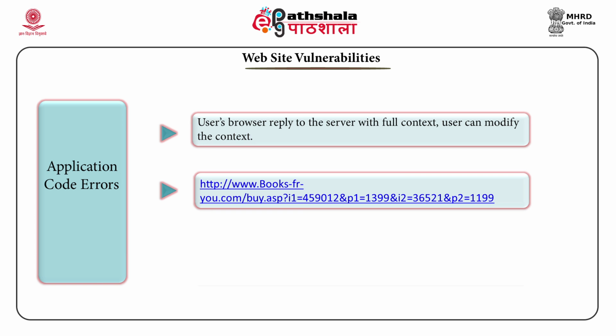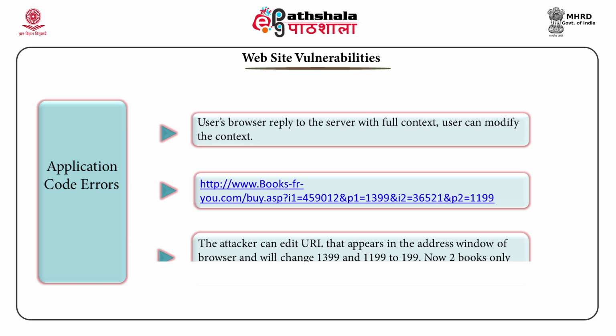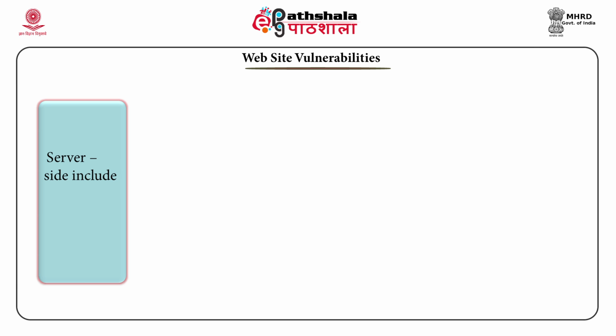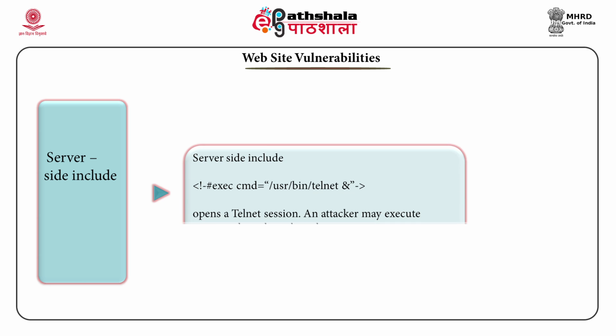What an attacker will do, for the P1 139, it can change to 199, or it may change 1199 with 1399. So now 2 books only cost 398 instead of 2598. Server side include, it says this type of code opens a telnet session saying that exec command is equal